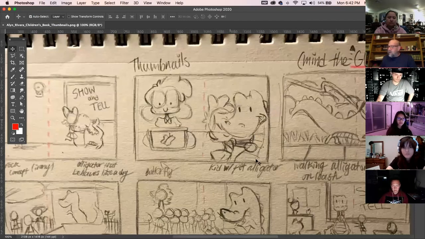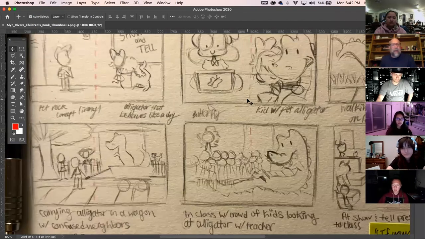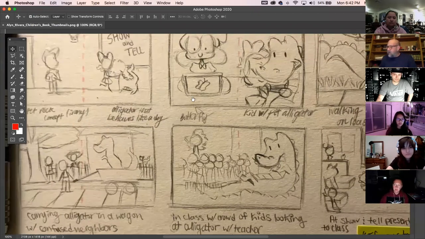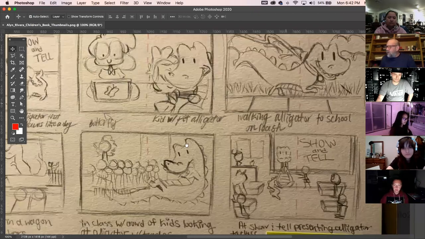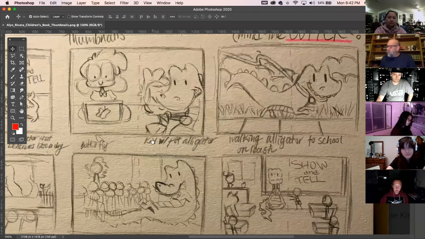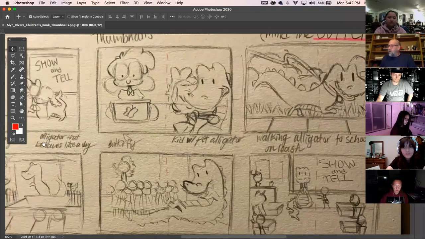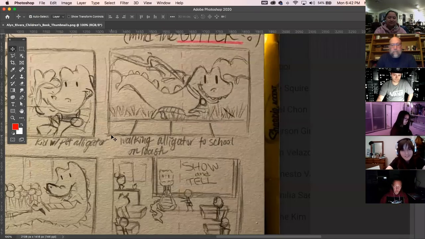I mean, I like these. There's probably none of these I don't like. I can't say I don't like any of these. There's something in all of them that I think has value. Again, go ahead. Sorry. I think the leash one would be really cute if you add the staging from the neighbors one and get